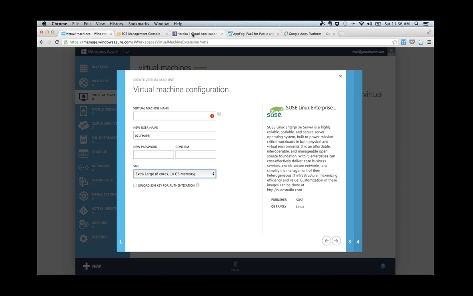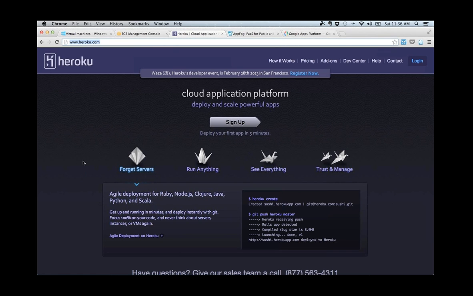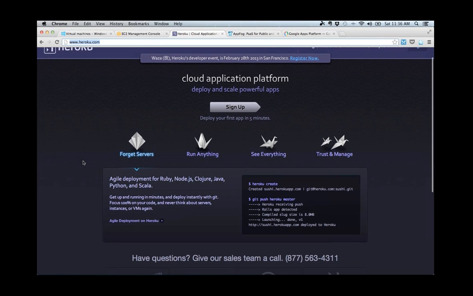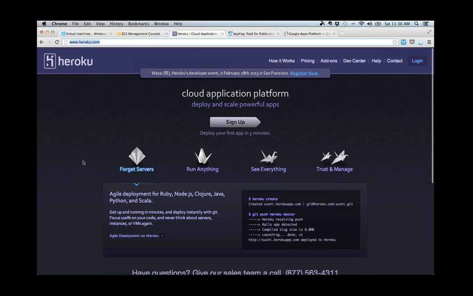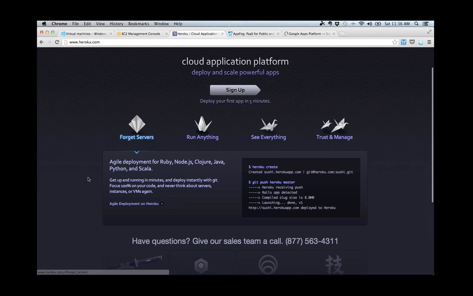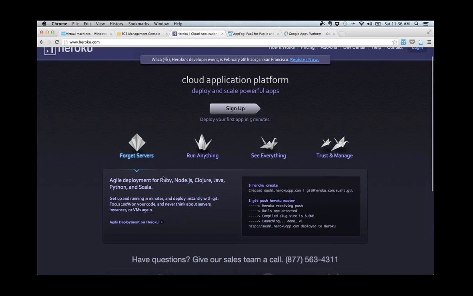Now I want to walk you through how a platform as a service would look like. Now when it comes to a platform as a service, one of the very popular PaaS is actually called Heroku. And in Heroku, when you sign up and when you want to deal with it, their first promise is forget servers. You will never get to deal with servers. You'll only deal with what they call as dynos, right? Dynos are pre-configured containers which come with a variety of runtimes. For example, Ruby, Node.js, Clojure, Java, Python, Scala, and so on. So this is how you deal with PaaS.